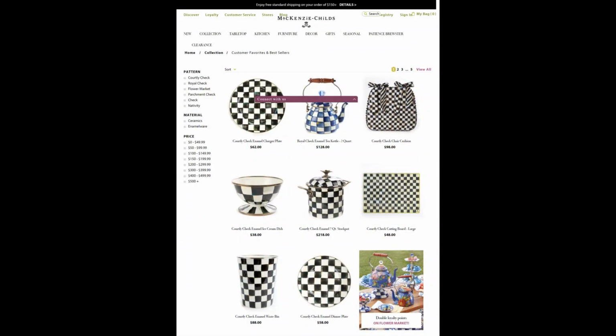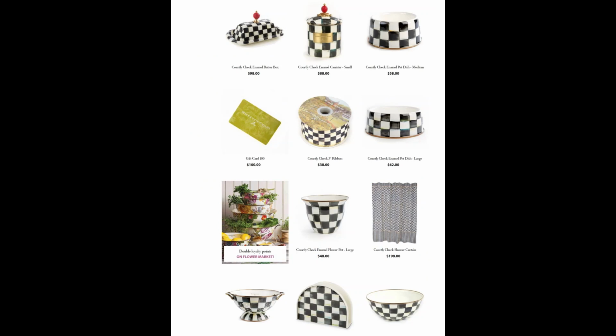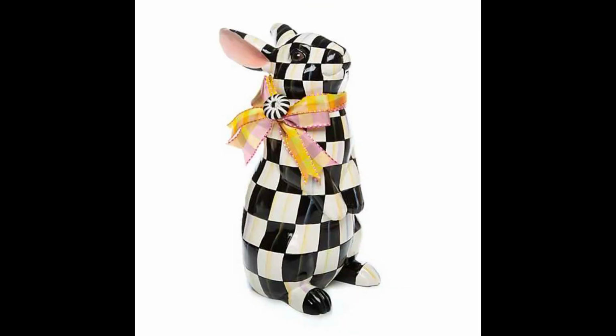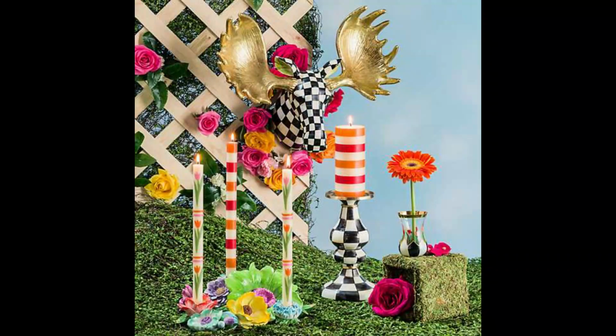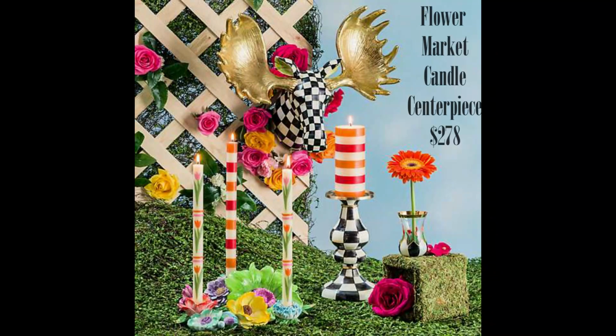MacKenzie Childs. Unless you've been living under a rock, if you're into crafting home decor, you'll recognize the name. The company is one of the top designers in the business. Unfortunately for people like me, their beautiful high-end products go for a high-end price. Standing bunny here is $98. And this beautiful flower market candle centerpiece, a whopping